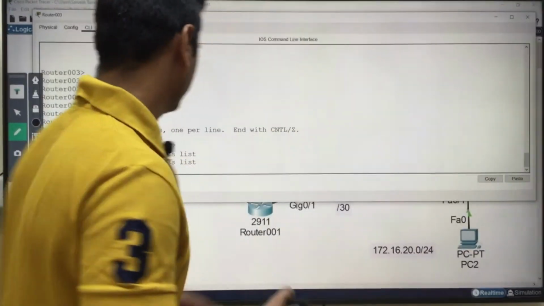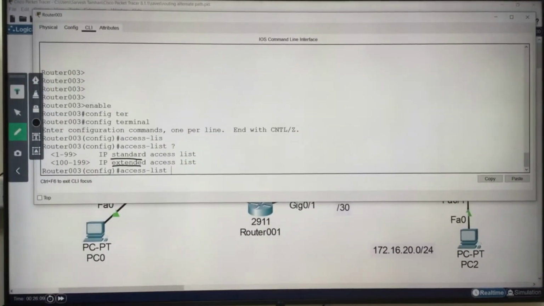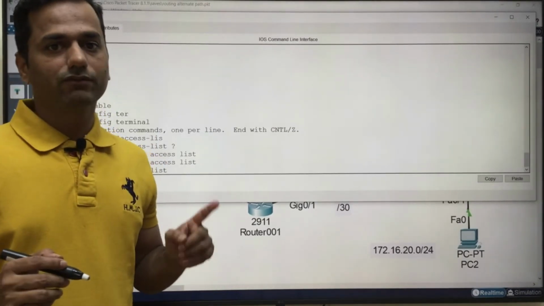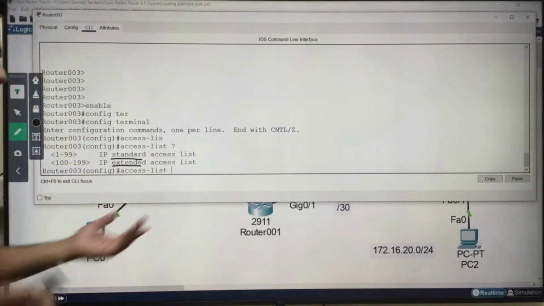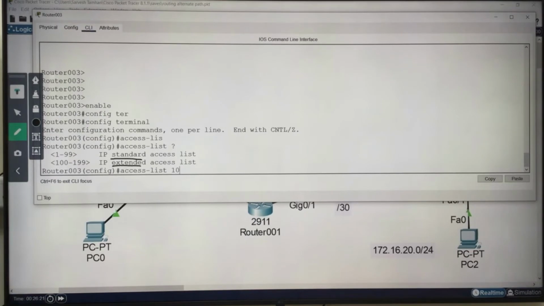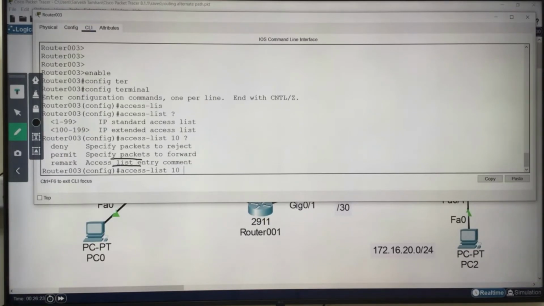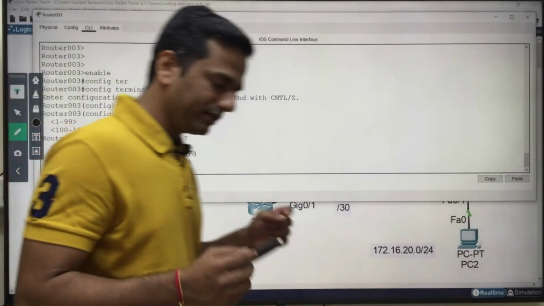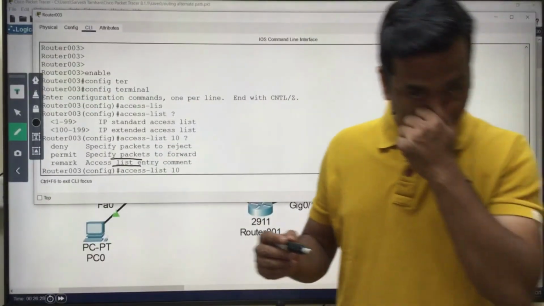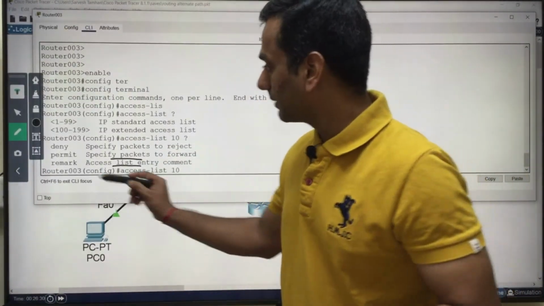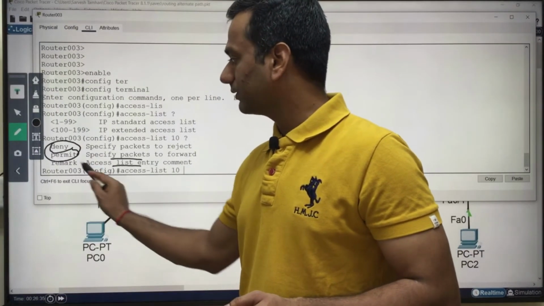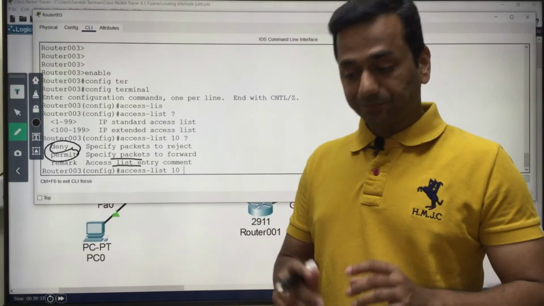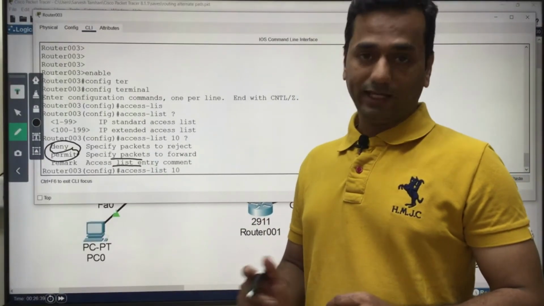Okay, let's go. Next, the number is the ACL number. Now we would like to configure the standard access control list, so we will configure access-list number 10, or start from 1 to 99. Let's start with 10. After 10, this is the number. Then if you go to question mark, there are three options showing here. One is the action, whether it is permit or deny. These are the two action options. The third one is remark. Remark is to give a description to your access control list.